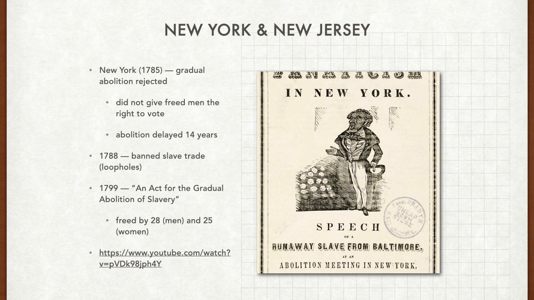In 1799, the state passed an act for the gradual abolition of slavery that had a plan similar to Pennsylvania's. Children born to slaves after July 4, 1799, were free at 28 for men and 25 for women, and slaves already in servitude remained in bondage but were reclassified as indentured servants. So we've heard this before, right? Instead of freeing them, you just ensure they're still slaves but under a contract.